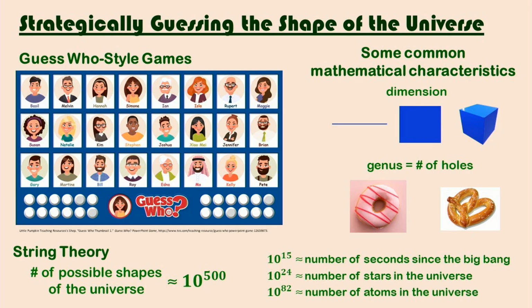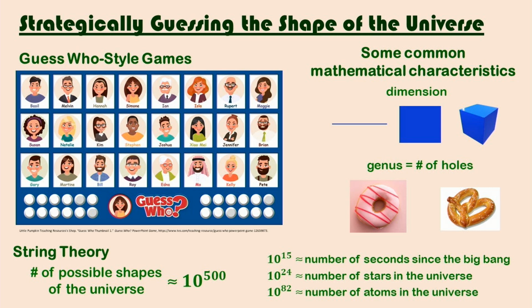Now, shapes in mathematics also have characteristics. These are numbers that we assign to the shapes. The interpretation of some are quite easy, while others are exceedingly difficult. But two that we might all be familiar with are the dimension and genus, whether or not we use those names on a regular basis. Right? We know that a line, a square, and a cube are different. They have different dimensions, 1, 2, and 3.